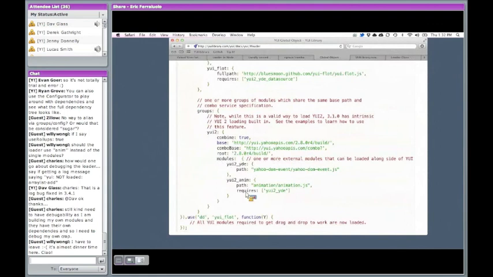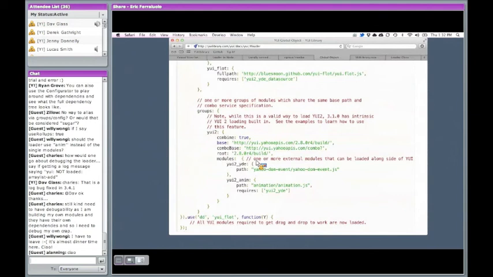So you can basically get things down to, say, 2 requests there,